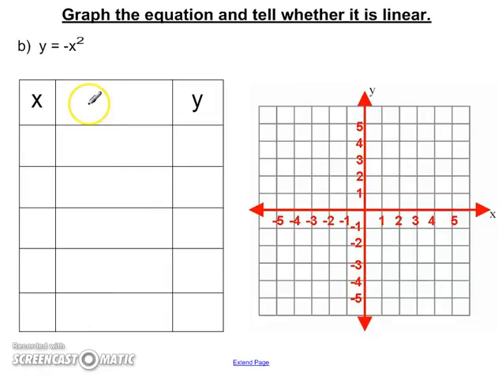But in other cases, I may not have a linear equation. So we're going to test y equals -x squared. And again, I'm going to go -2 to +2 as far as my x coordinates. They're not given to me in this case, so I'm going to pick my own. Sometimes they may be given to you. And I'm going to go through and substitute again. So I'm replacing x with -2. And so I end up in this case with a -1